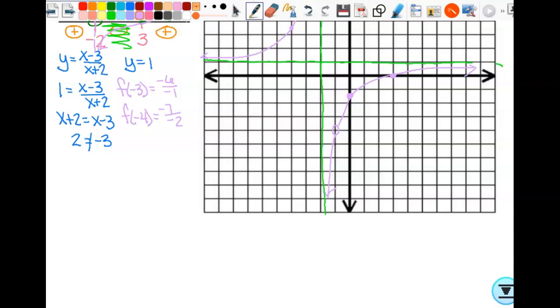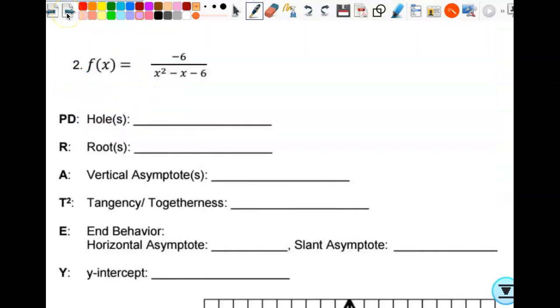All right. Let's look at another one that's a little bit more interesting here. So let's factor. This is going to be -6, and then